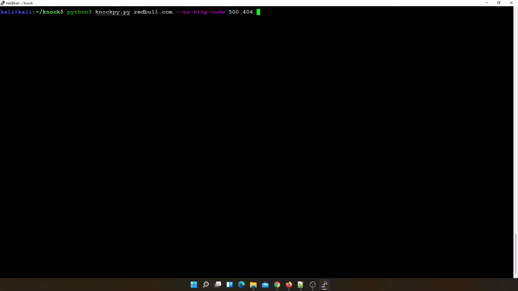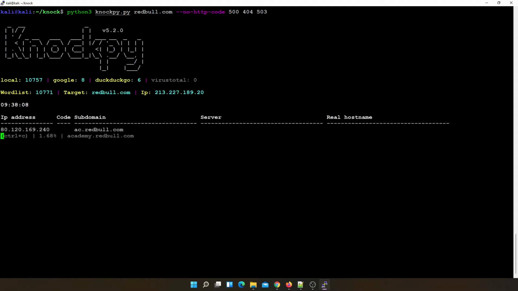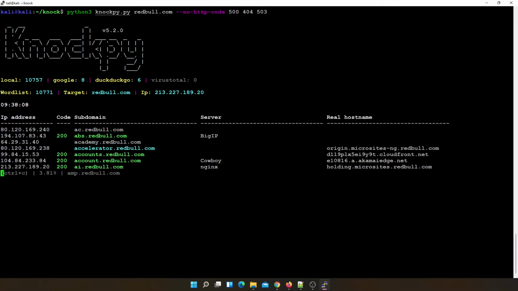We also don't want 503, for example, and we can run our tool. Only matching responses that are available it will be giving us. So this is how your option of no HTTP code works. All these codes, that is 404, 500 and 503, will be filtered out and won't be shown to us.